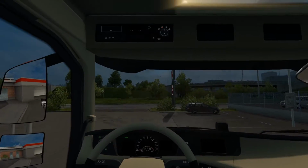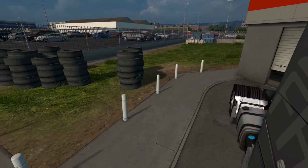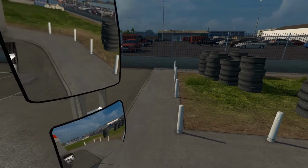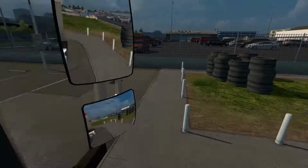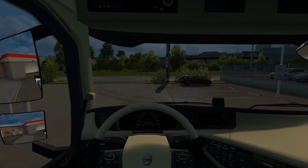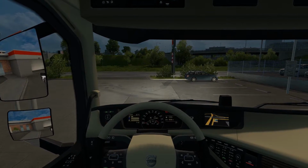And the thing I really don't like about this mod is the fact that you can look all the way over to the passenger side, and then even look out the window, which I find really weird, and it even clips into the mirror there. I'm really not a big fan of it. I mean, I just want to be able to look over. It's not exactly realistic climbing over the seat, or sitting like 60 or something, is it? I'd like something more like that. But yeah, anyway, let's drive it down to